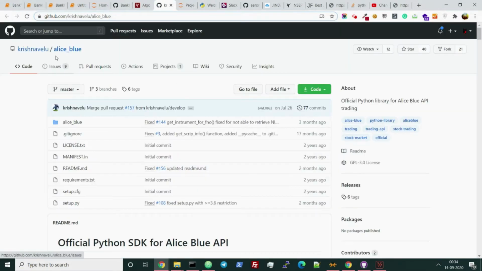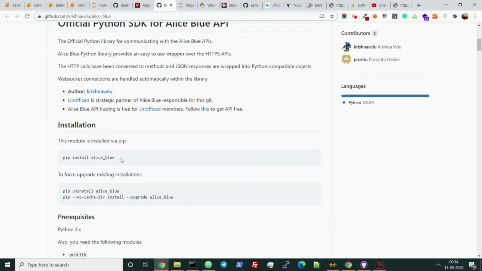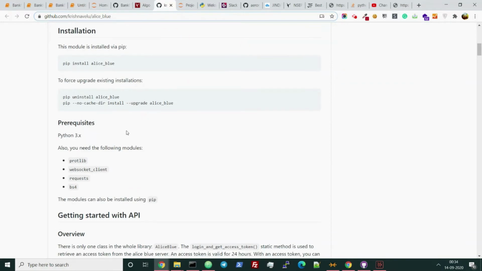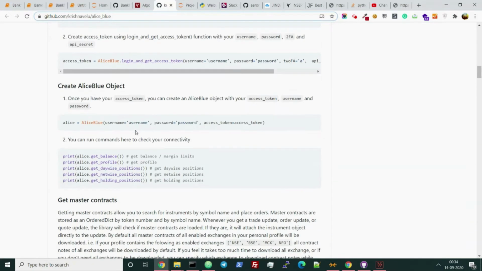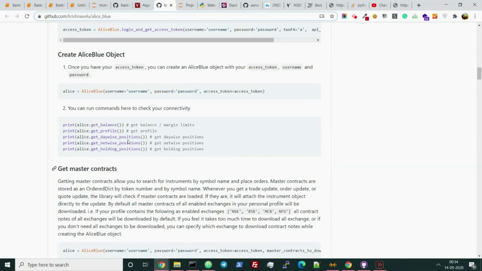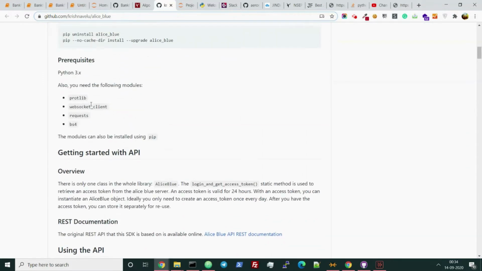As you can see in his Git, these are all the codes, and you can install all the code using a simple line: pip install alice_blue. That's it. It will install it, and you can use that code like you have written it. You do not need to write huge lines of code. You can just use someone else's code. It is already packaged in a predefined way. To install that, you need the tool that installs it, so you need to install pip.